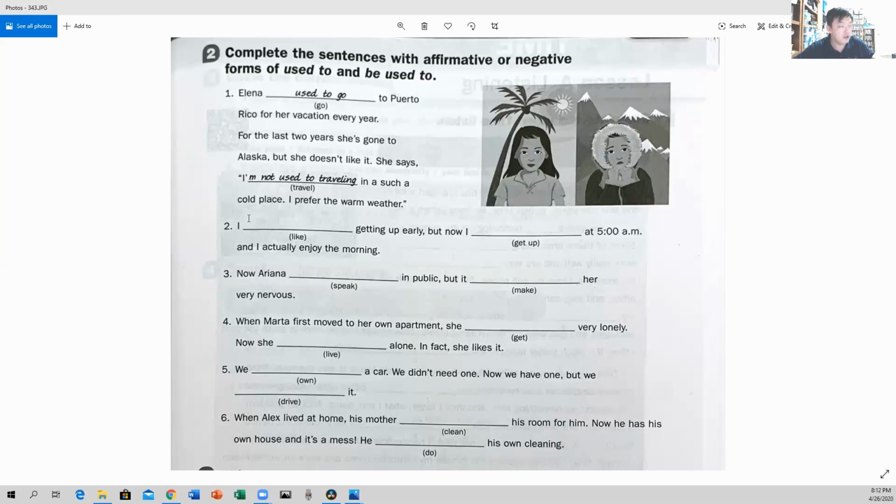And be used to plus gerund for things or actions that you're accustomed to. So this one here, the correct form is used to. But because this is negative, the right way of doing it is didn't use to. Like, I didn't use to like getting up in the morning, but now